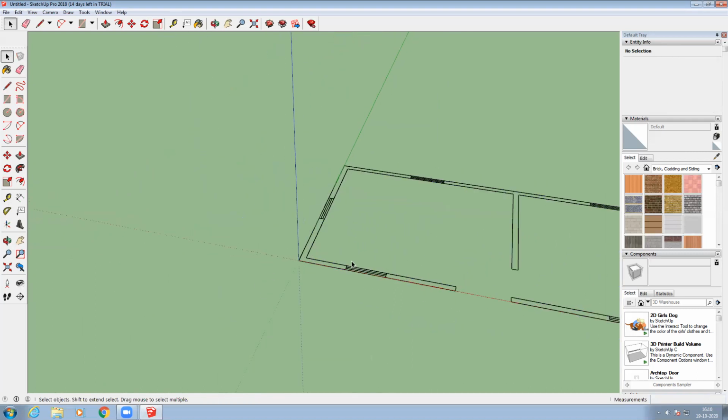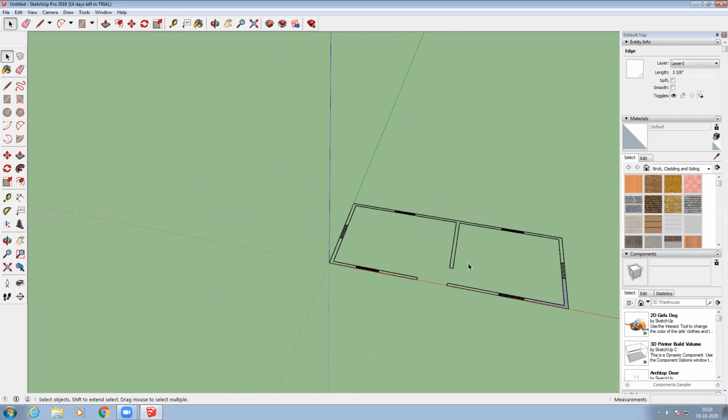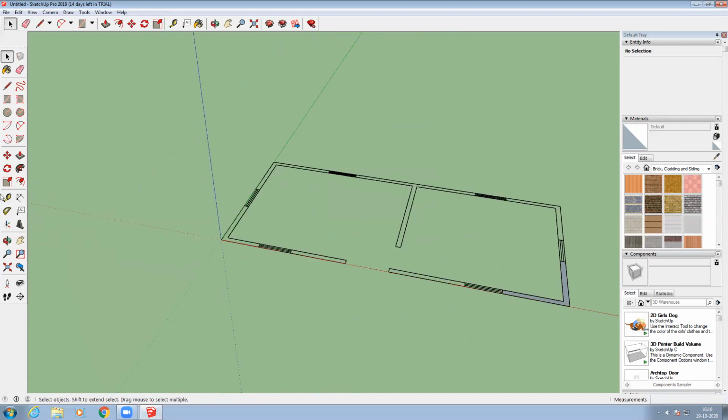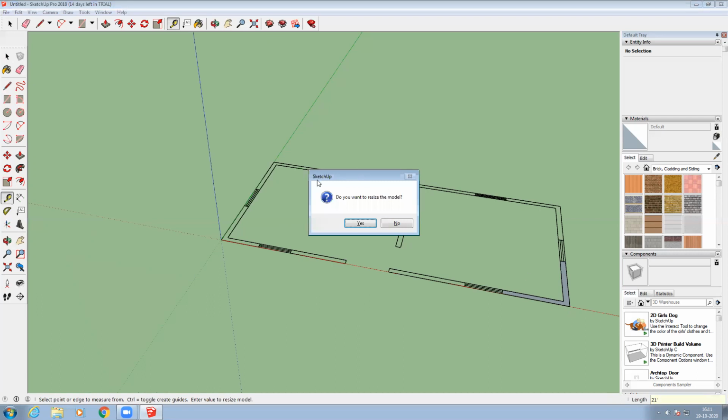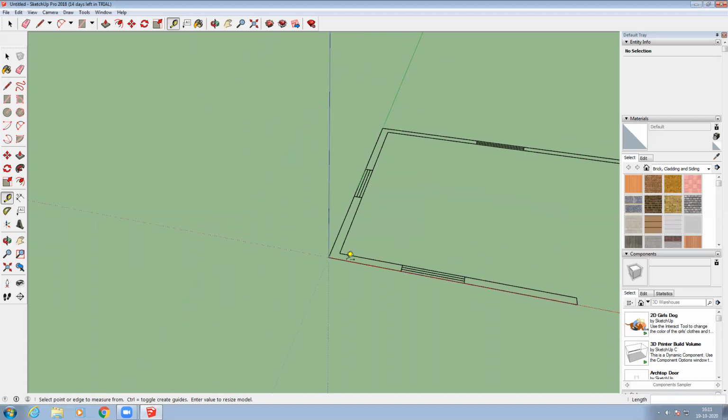So I had exploded that. Now you can click over there, and each component is shown, right? Now I can do the same thing: tape measure, then Control, click, and again click, 21 feet, enter. Now it asks, do you want to resize the model? If you provide S, the whole plan will be resized according to the length 21 feet we provided. So if I provide S, you can see the whole plan is resized now.